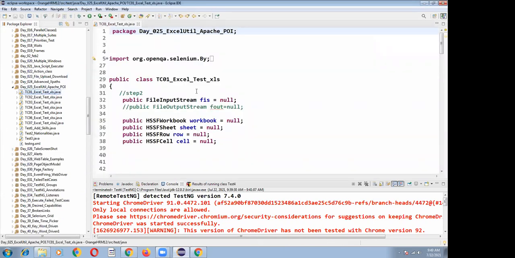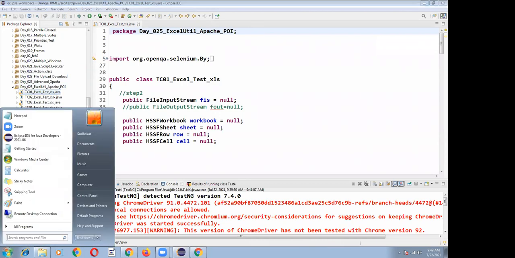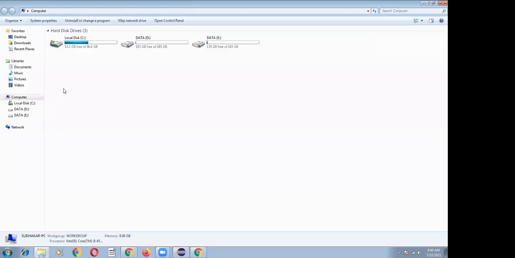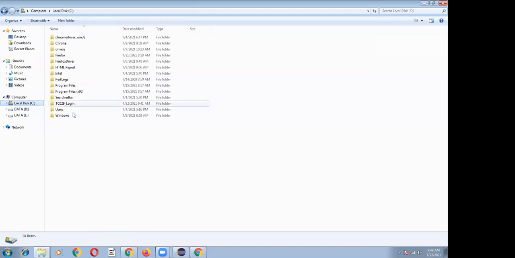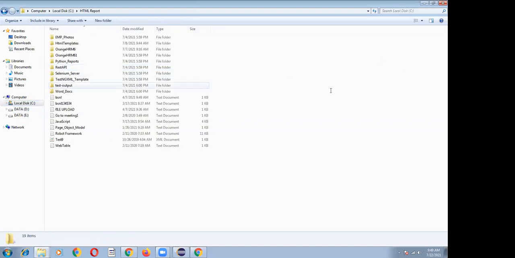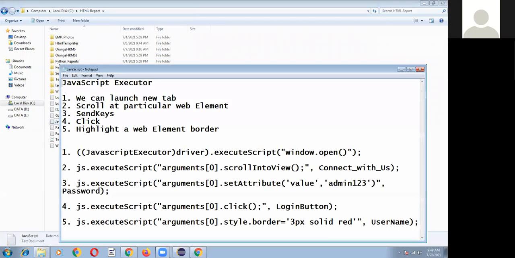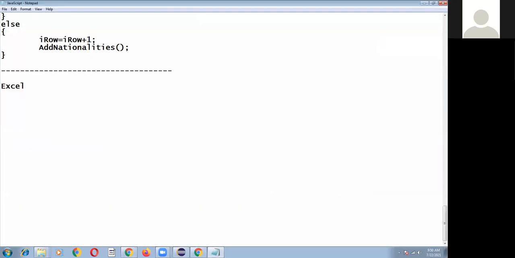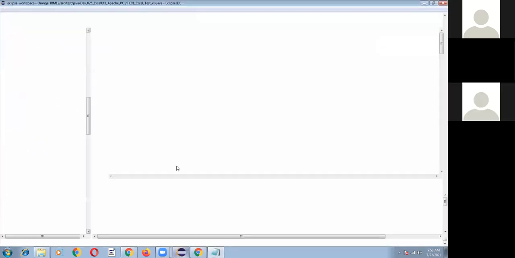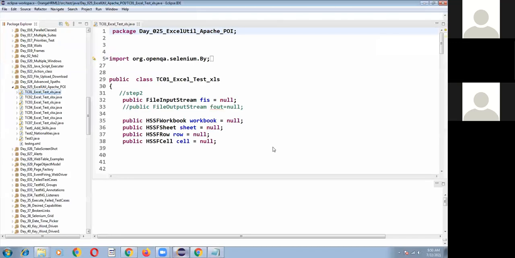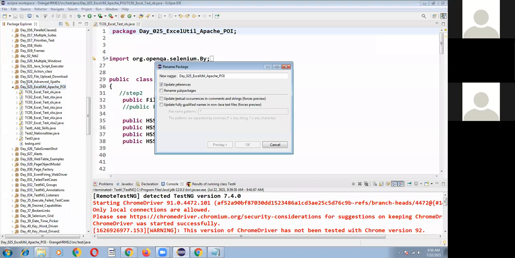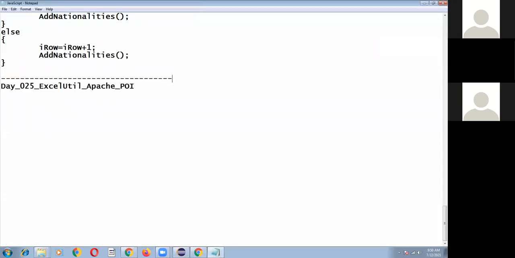So now what are we discussing? Excel util, Apache POI. We are reading input data from .xlsx.